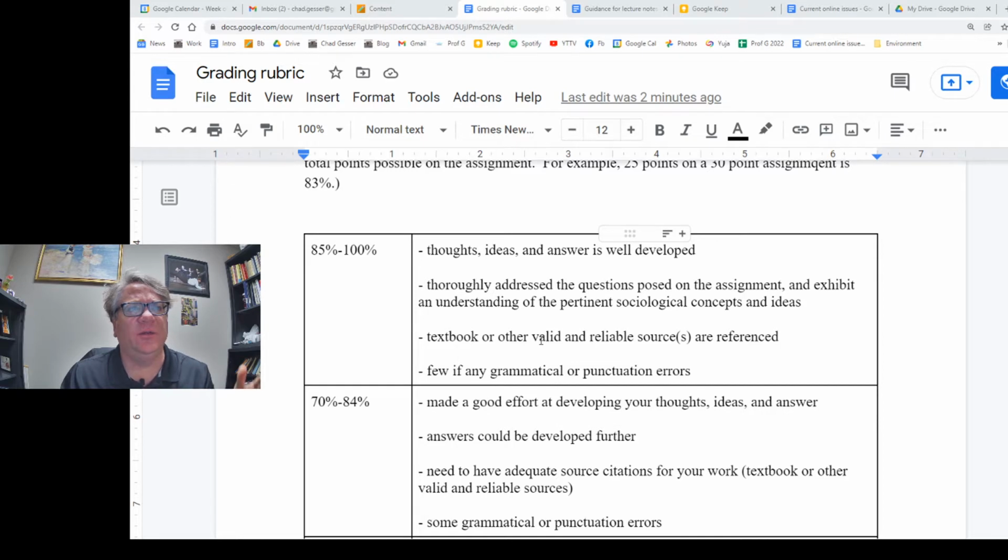And this rubric is also used for assignments in my classes. But if you look at this, it also applies to the lecture notes. I hold the same standard on doing really good work, whether it's written assignments or your lecture notes, that your thoughts, your ideas, and your answers are well developed. You thoroughly address the questions or the topics of the lecture. For example, in this case, you use your textbook, with no grammatical or punctuation errors. So this generally applies, like I said, to all assignments that you have in my class. So what I would like to talk about is